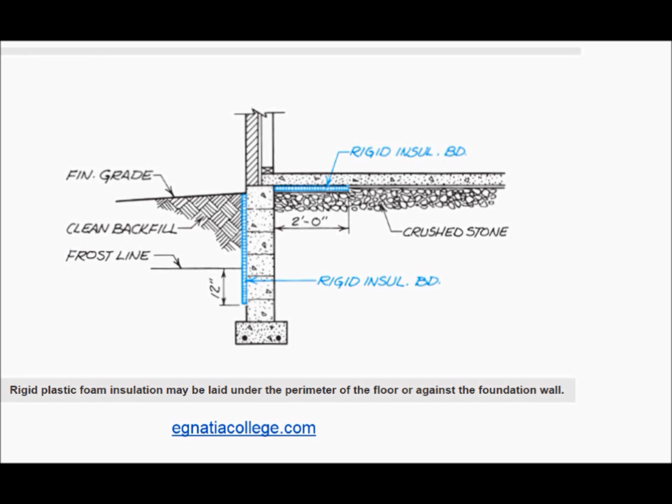Insulation. In cold climates, it is desirable to insulate the foundation and concrete slab. This insulation is usually rigid plastic foam board placed against the foundation wall or laid over the gravel under fill. Rigid insulation under the floor may only be specified for the outer 2 feet of the slab. The heat of the building keeps the frost from penetrating more than 2 feet into the perimeter of the floor